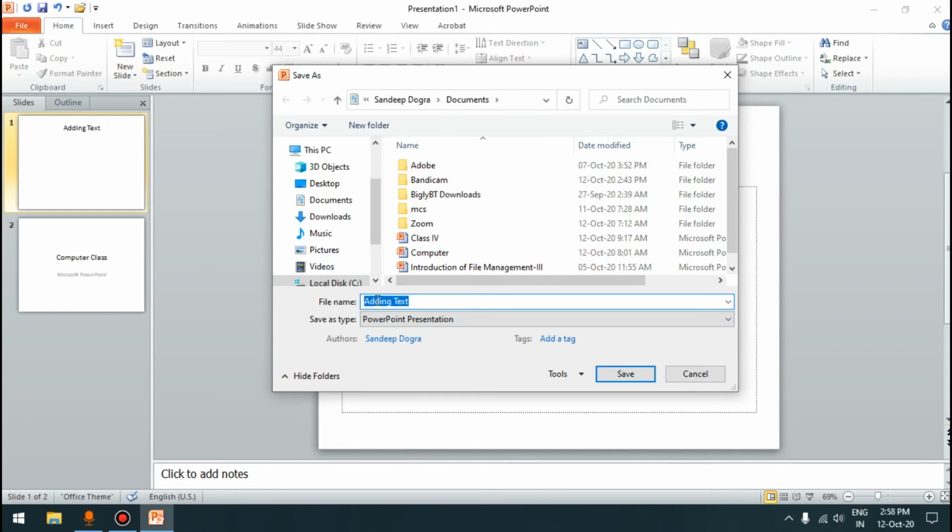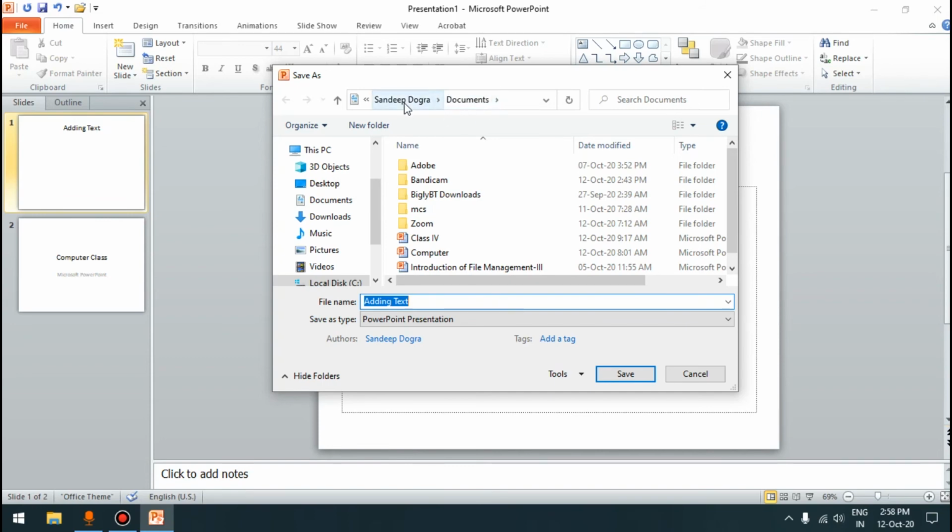This box is known as the file name text box. You can see here it says file name. So here we have to give any name to our file, and in this area you can see where we are going to save our presentation or our work.